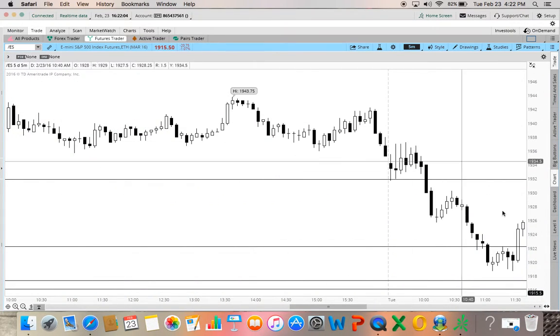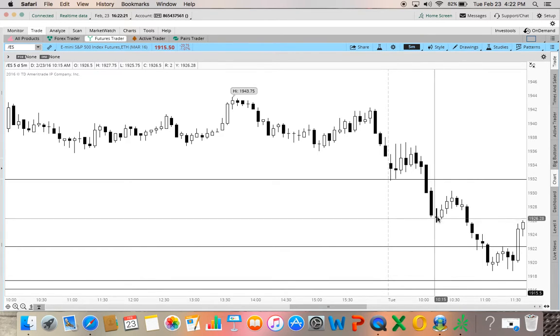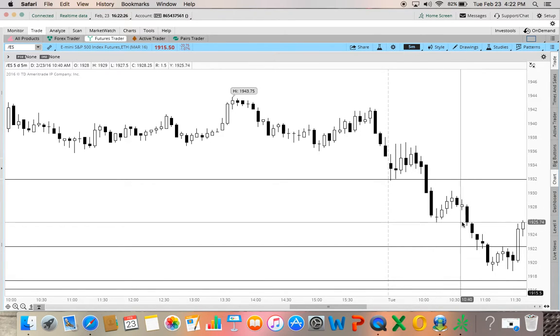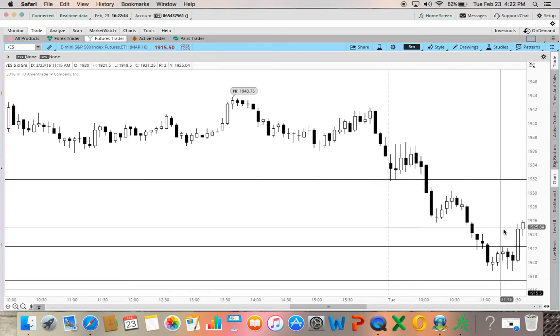Something very important here. I saw this kind of a pullback. I took my profit. Why did I take my profit? That's very important. This was the breakout point. If you see here, this is the low of the day when we were trading around this candle. When they took the low of the day, this is the breakout point. What do we do near the breakout point, when there is a breakout test? These are the things which I often draw and write while I'm trading,